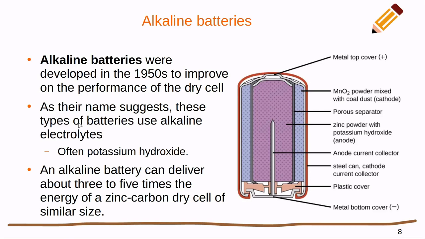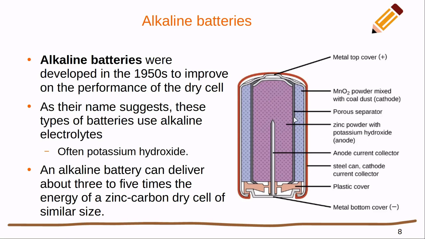As their name suggests, these types of batteries use alkaline electrolytes. So rather than having the zinc in the form of the whole container on the outside, we swapped the position of the anodes and the cathodes. We're putting the zinc anode at the center here, and rather than having it be purely just zinc metal, we actually mix that with potassium hydroxide, and that helps to carry the zinc ions out